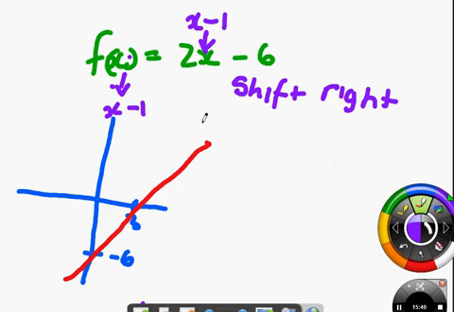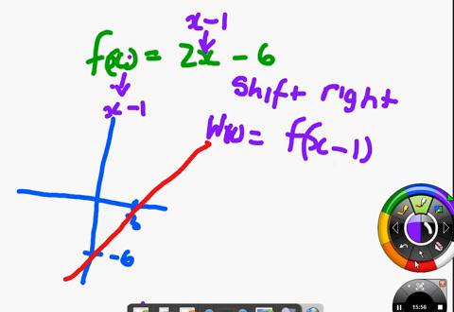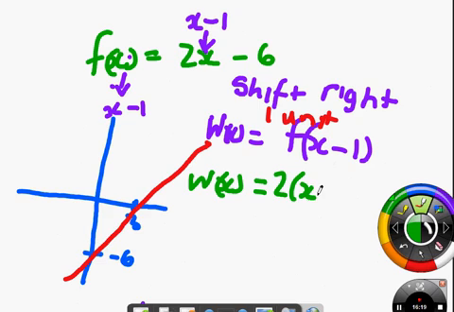So if I had my graph and I wanted to, I would call it w of x, which is my new function, is actually f of x minus 1, because I said I'm shifting it 1 unit to the right, so that people can understand why we're using 1. Okay? So it's 1 unit, and then obviously now w of x is equal to, replacing the x in there, x minus 1